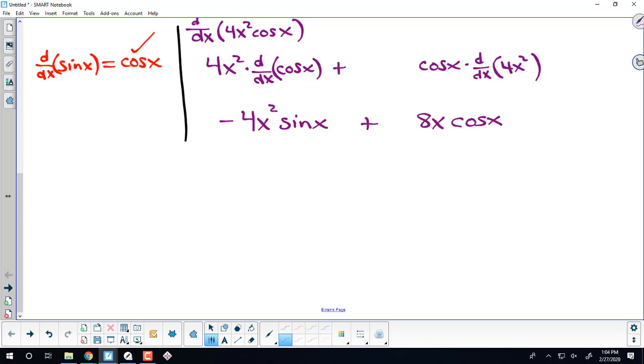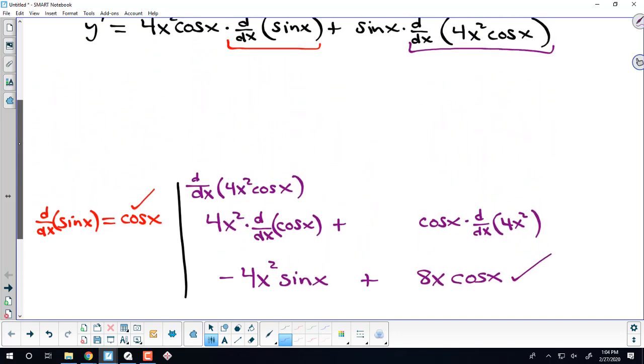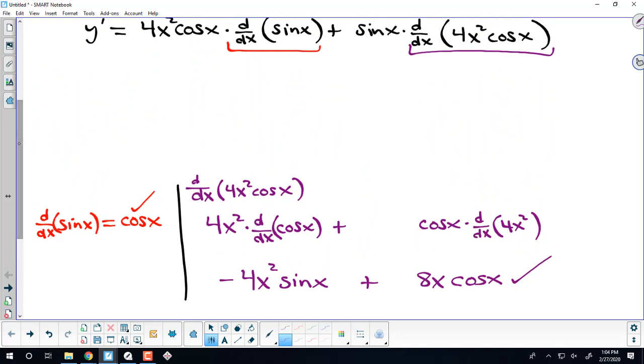So we have this being the derivative of what we call our first in the original function. Those 2 just get inserted in our original derivative and we're done. I mean, we're done with the derivative. We might have to simplify, but